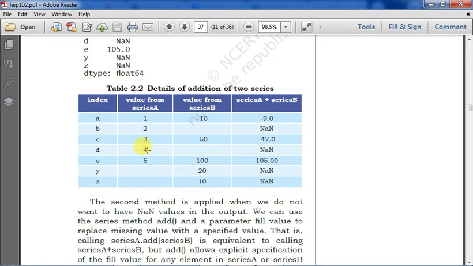Clear? So in case of B, here 2 is there but no values in series B, that's why nan. And in case of Y and Z, no values for Y and Z, so that's why nan has been returned. In case of D, in series B no value, so at least one value is nan, means it is fully nan. And other whole numbers or integers, whatever they may be, have also been converted into float. Okay, that is the main thing in the series calculation.